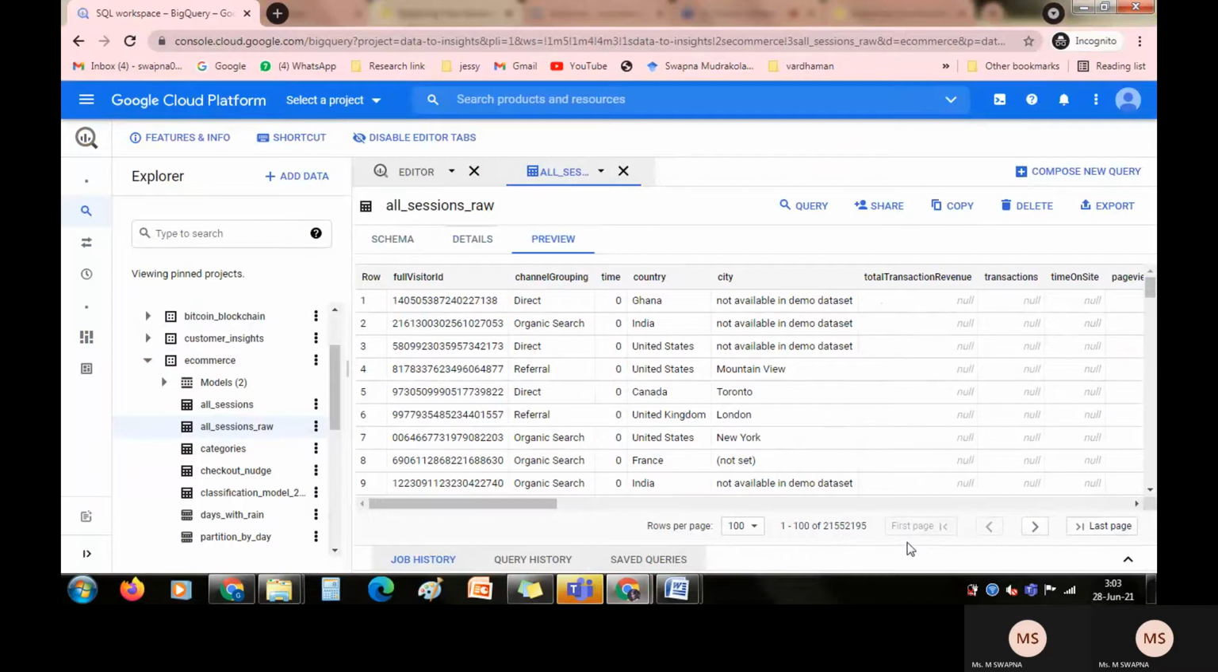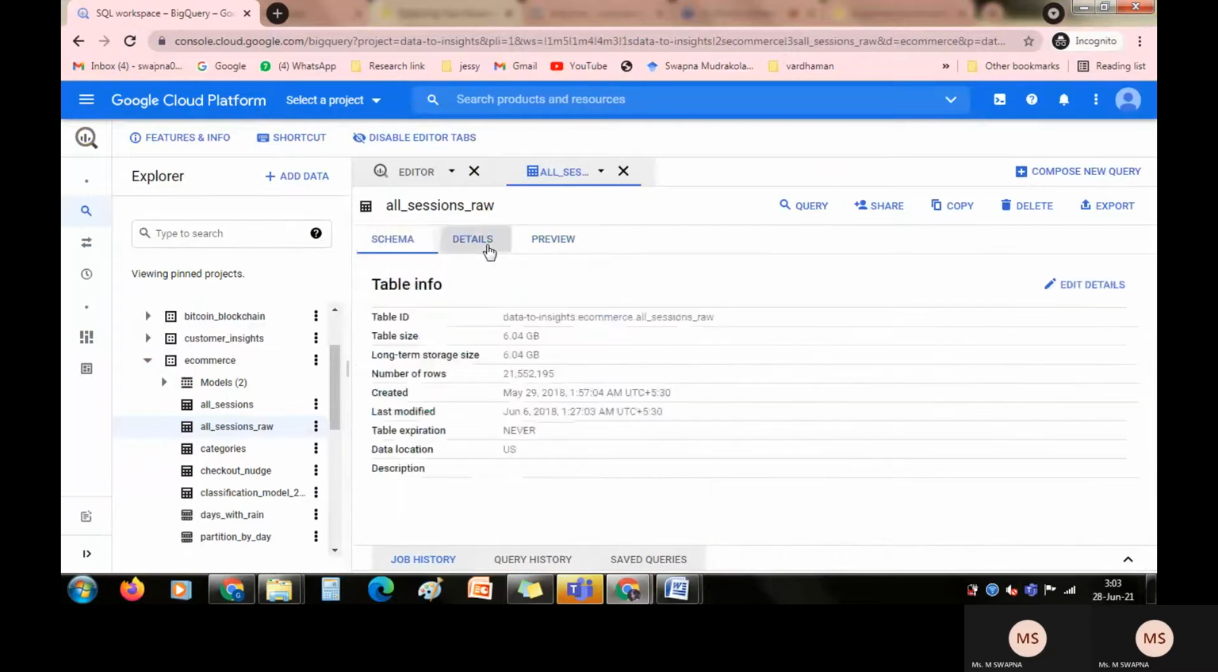2155 to 195 records are available, right? So this is about exploring your table in BigQuery. Okay, so this is done. Then the next one is